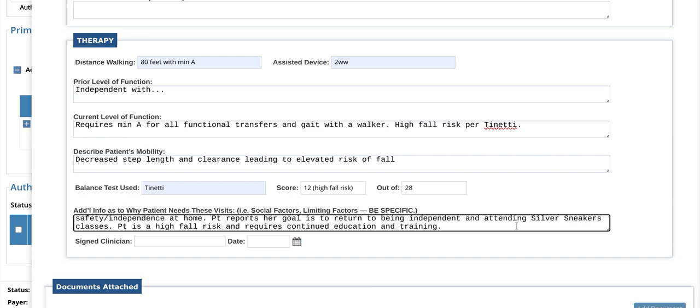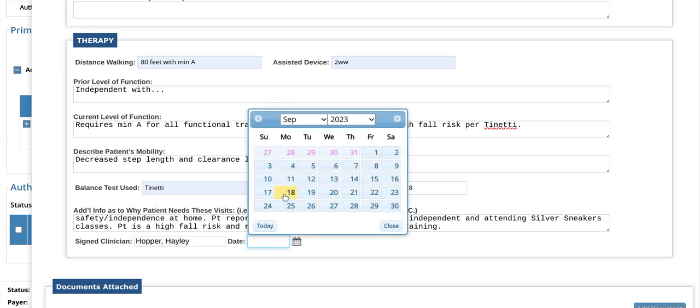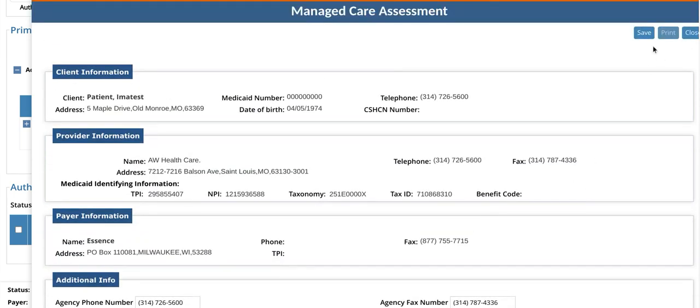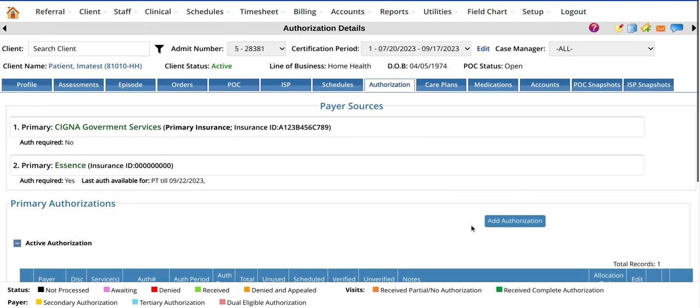So we're trying to make an appeal of, why would this be important to the patient and why is it important to the insurance company? They don't want the patient to fall. They don't want the patient to go back to the hospital. And obviously we want to include the patient's personal goal because that's what's important to the patient and why we're seeing them. And then I'm going to sign it and date it. And I'm going to go back to the top and I'm going to save that assessment. Close out of it, and you'll notice